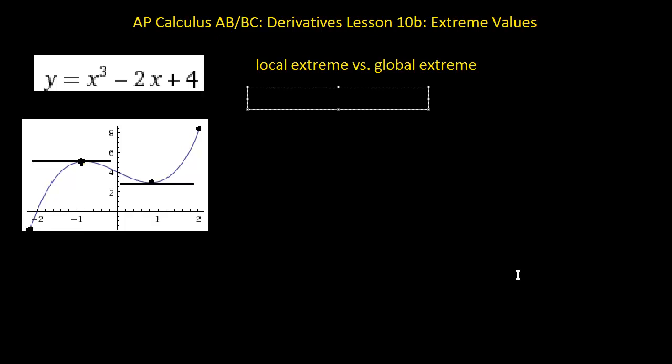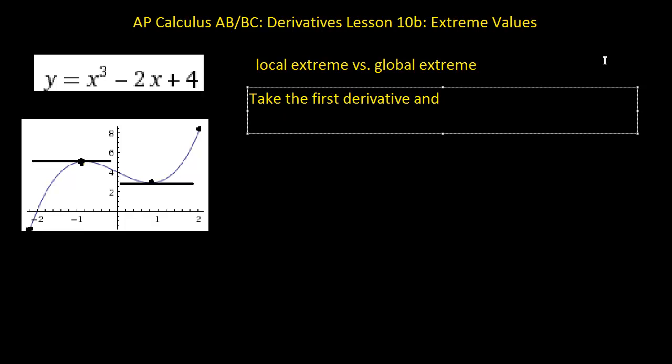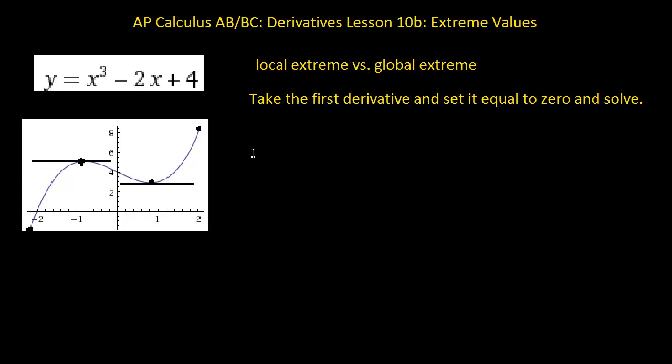So take the first derivative and I'll move this over a bit and set it equal to 0. Set it equal to 0 and solve. And then plug in results